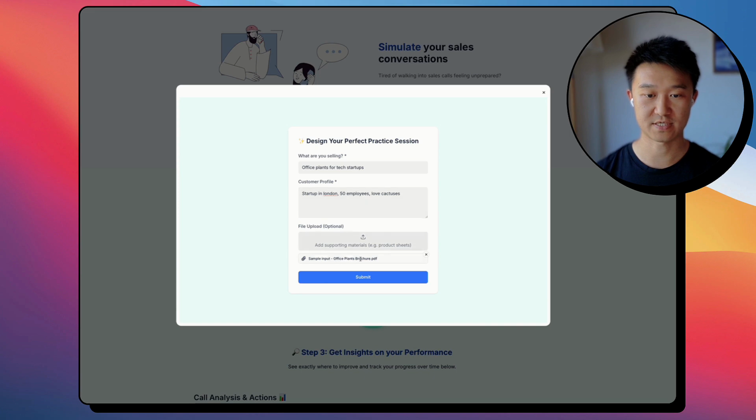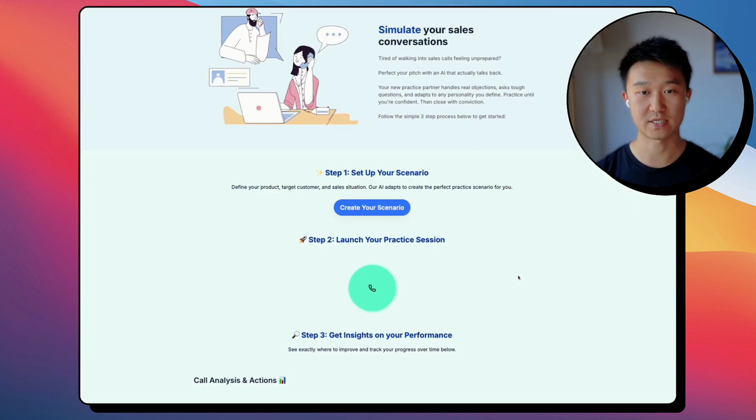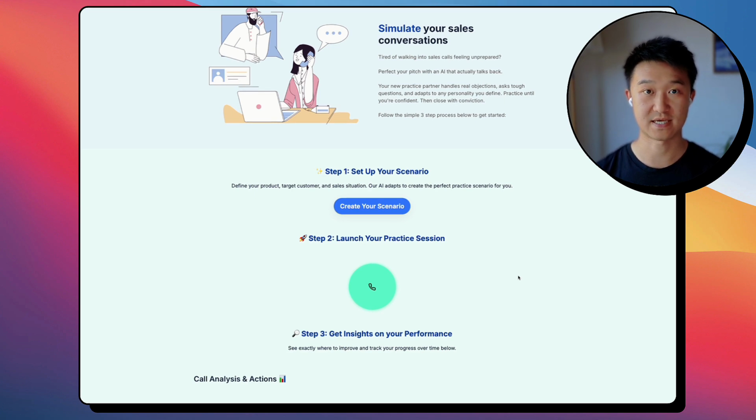Once you're happy with the sales scenario, you can press on Submit. And what this will do is, using various AI models and a backend workflow, we're then taking all of that information, including the file upload in this case, and then tailoring the system prompt for the VAPI AI assistant to make it as realistic and as tailored as possible.